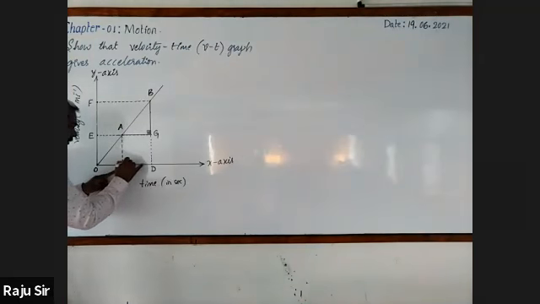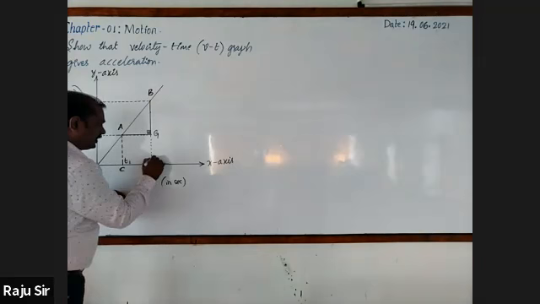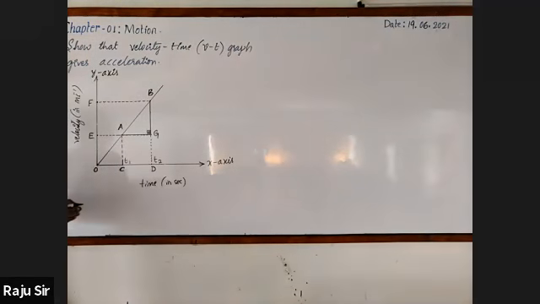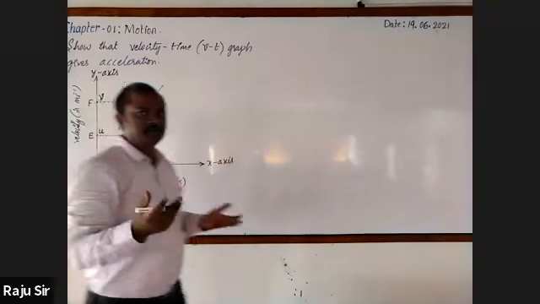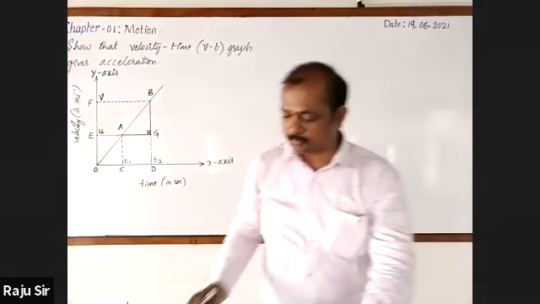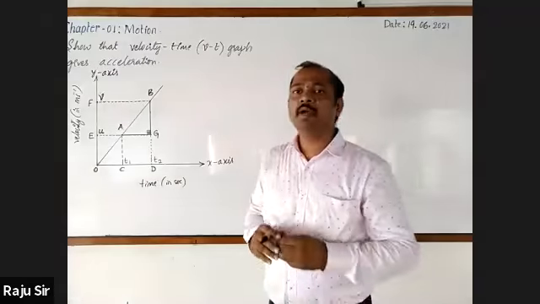At C, the time is T1. At D, time is taken as T2. We have considered the points A and B. At point A, take the initial velocity, denoted by the symbol U. Point B is the final velocity, which you may call V. In general, initial velocity is denoted by a small u and final velocity is denoted by a small v.